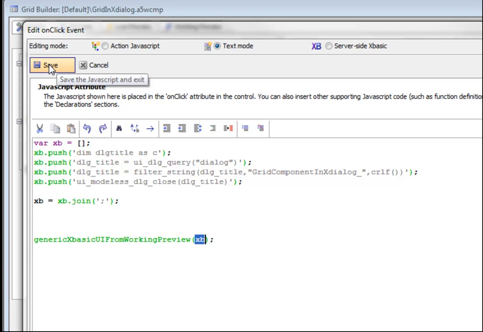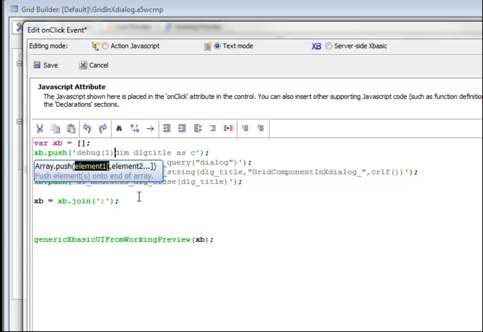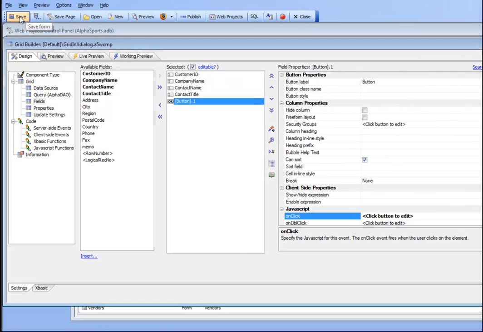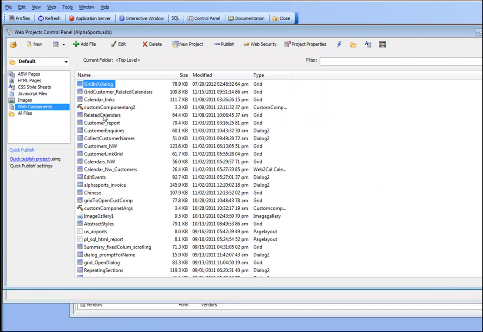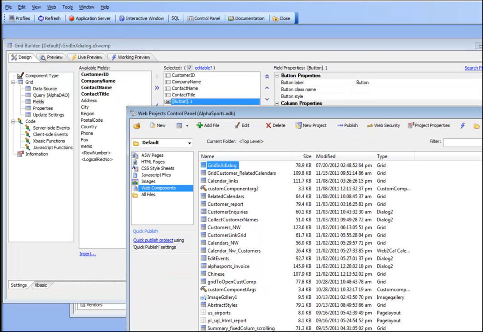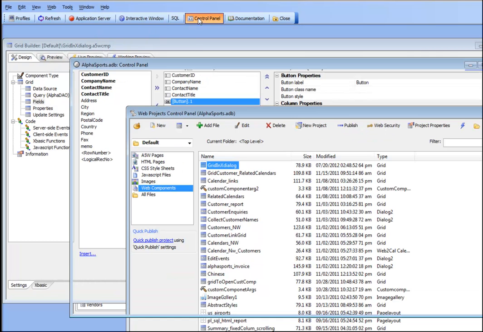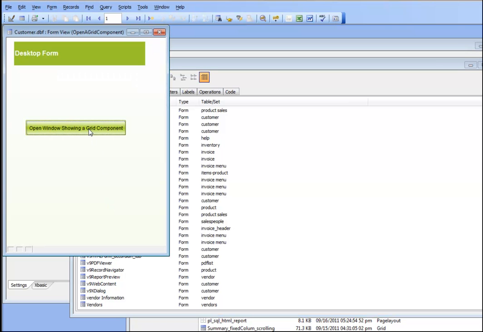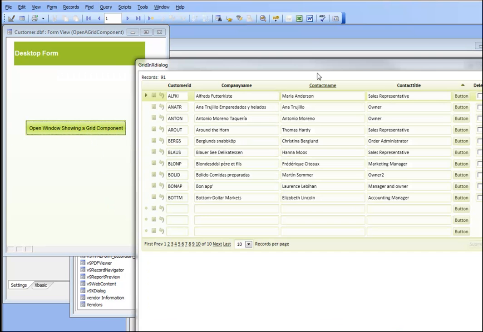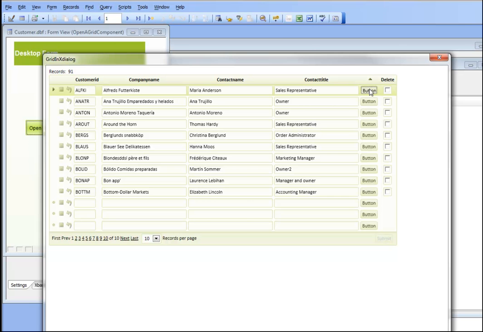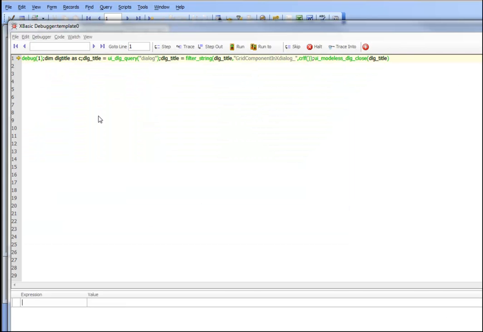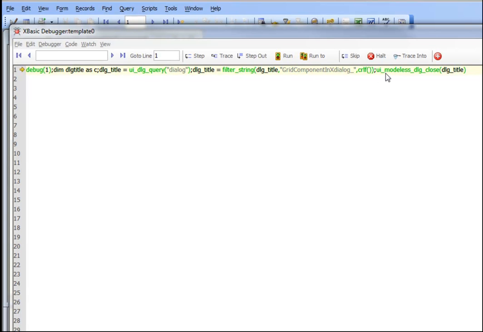So let's go ahead now and save this. But what I'm going to actually do is put in a debug 1 here so we can actually see it executing. So let's save it and go back to the control panel now, and run our code, click this button, and now we're going to click this button over here. So we hit the debugger,